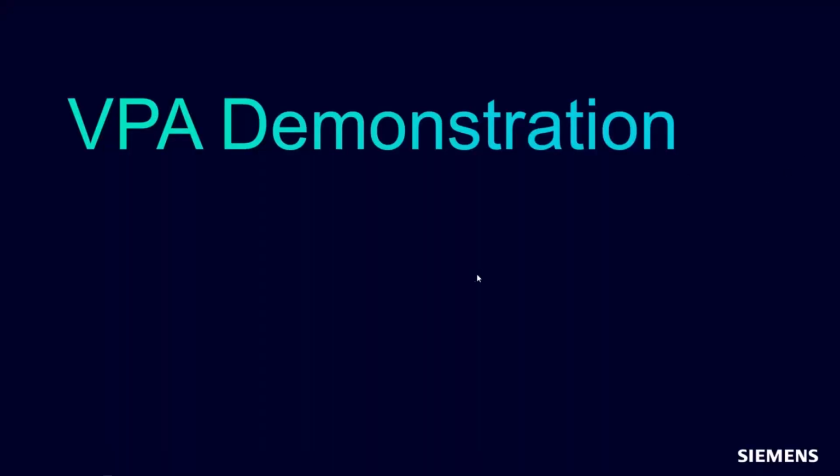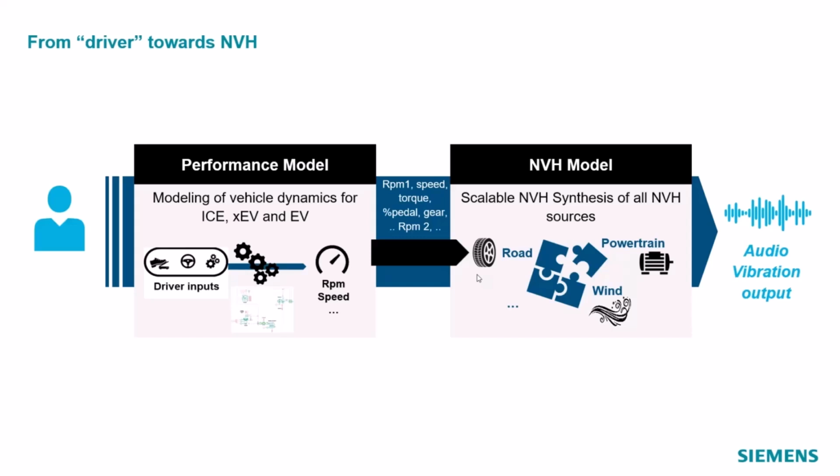and contribution analysis. The other thing we can do with a virtually assembled prototype is this synthesis idea. So we want to be able to drive or listen to the virtually assembled vehicle or operate the virtually assembled washing machine or boat or whatever it is. And so we start to talk about noise and vibration simulators. And at the high end, at the most sophisticated end, you have this full vehicle simulator where you have two different models running in parallel.